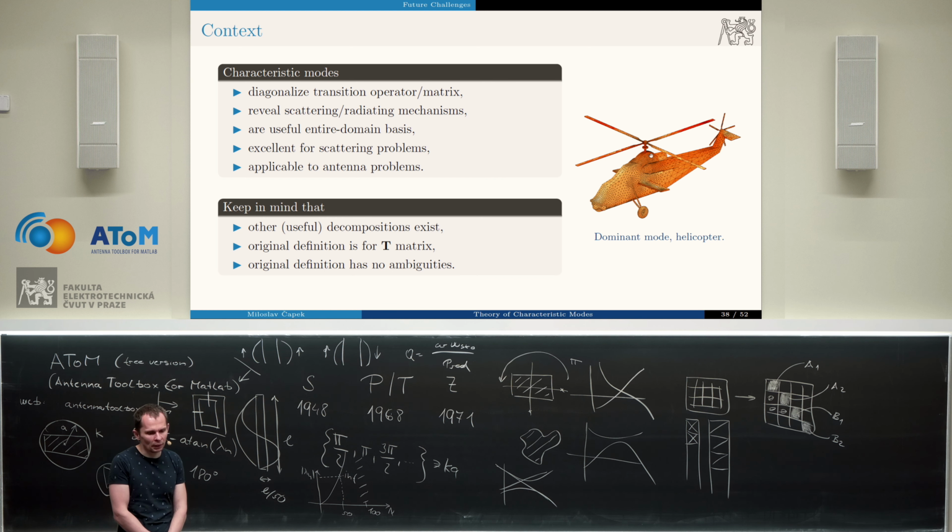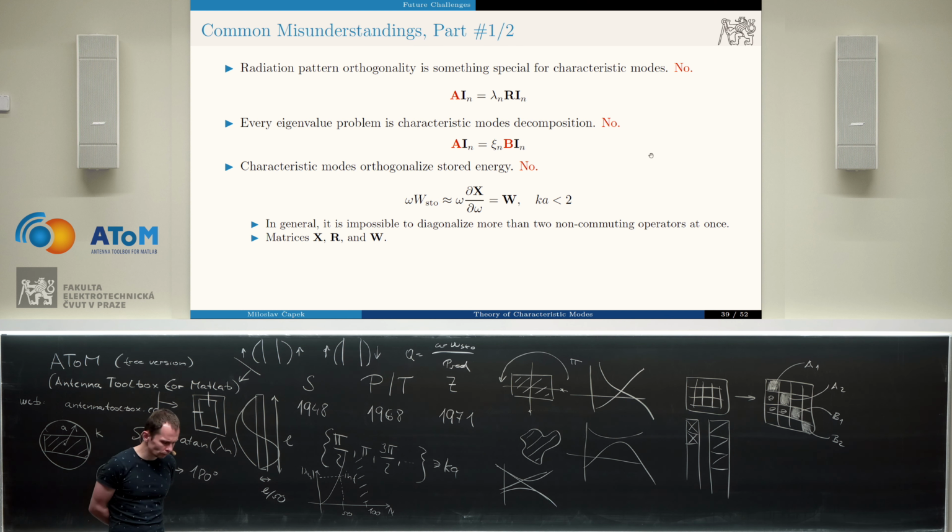And it would be good to keep in mind that there are many other decompositions which can also be utilized. I will show you some of them in a minute. And that the original definition made by Garbacz, and the definition rigorously introduced, is the one for the T matrix or for the scattering matrix, where you have all the good properties, let's say, and no problems with convergence and ambiguities like that. Okay, so now in the last part of my talk, first of all, I would like to